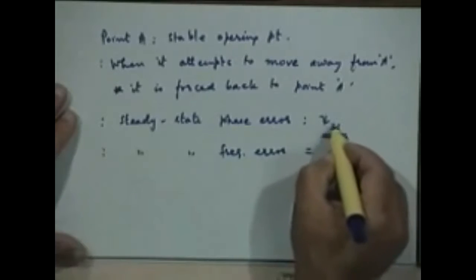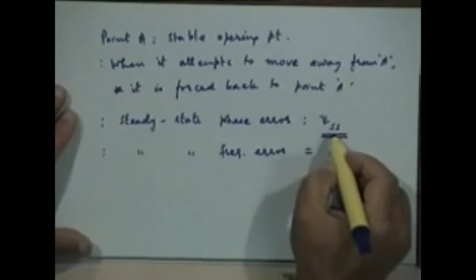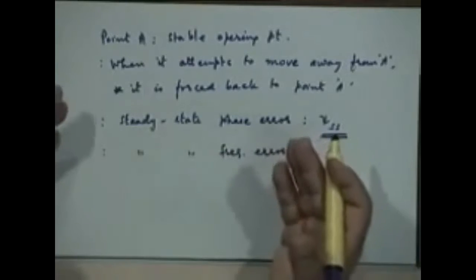So, we will stop here, try to study this further, try to write an expression for what is the steady state phase error, and then try to understand what does the loop filter achieve, under what conditions lock will occur, under what conditions it will not occur, right. We will like to study all these things next time.